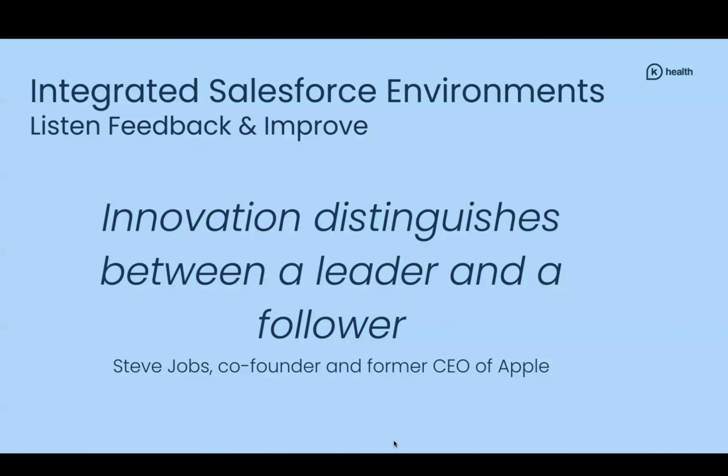So I like this quote that Steve Jobs said, that innovation distinguishes between a leader and a follower. And I was just grateful enough to have a team of leaders, and they honestly share the idea that we have to be better.